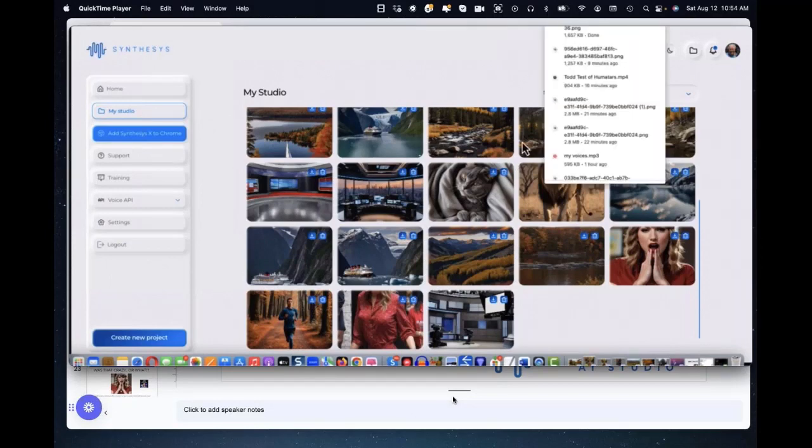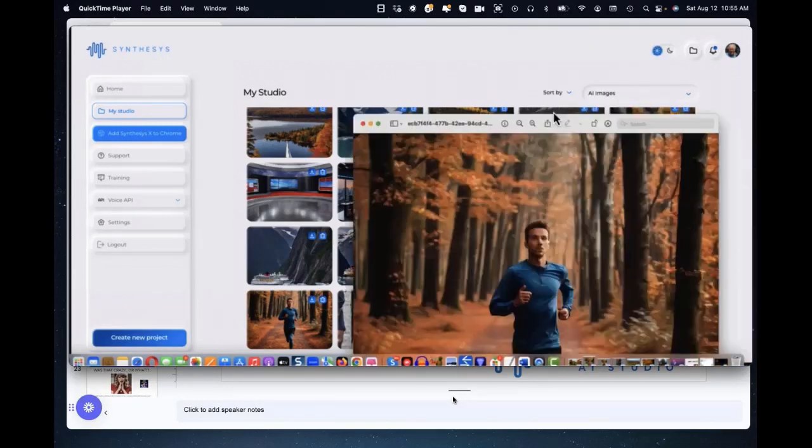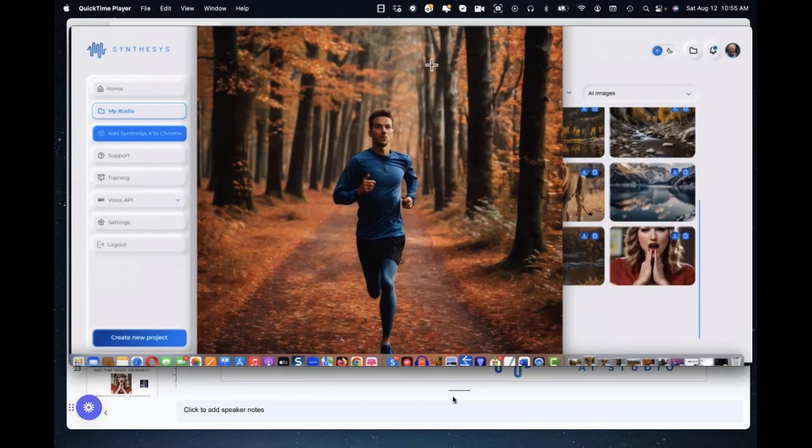Let me actually look at that one. I just downloaded it, and I'm going to click on it and make it larger, and I'm going to bring it onto the screen. This was a really interesting rendition from AI images. It was completely with the help of that chat assistant, which gave a lot of detail on how it should really evoke a certain feeling of tranquility and just bliss, basically, as the jogger jogged on a fall day.